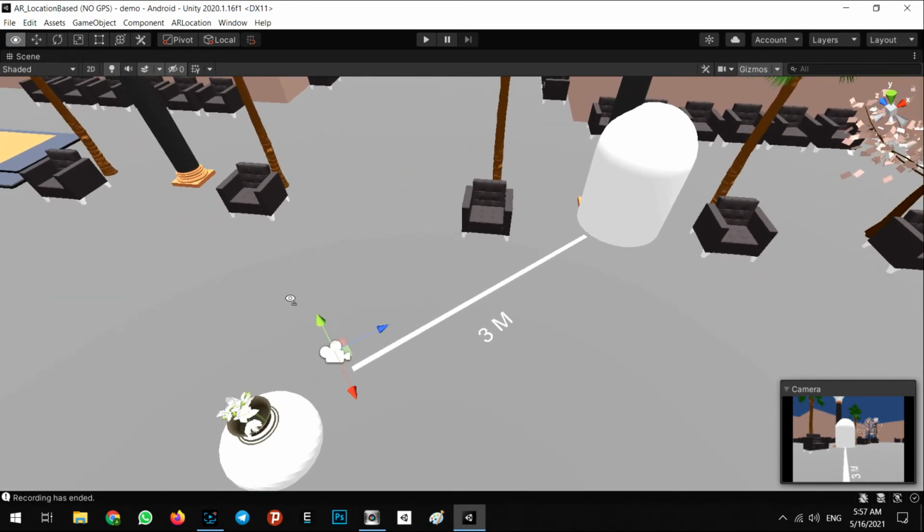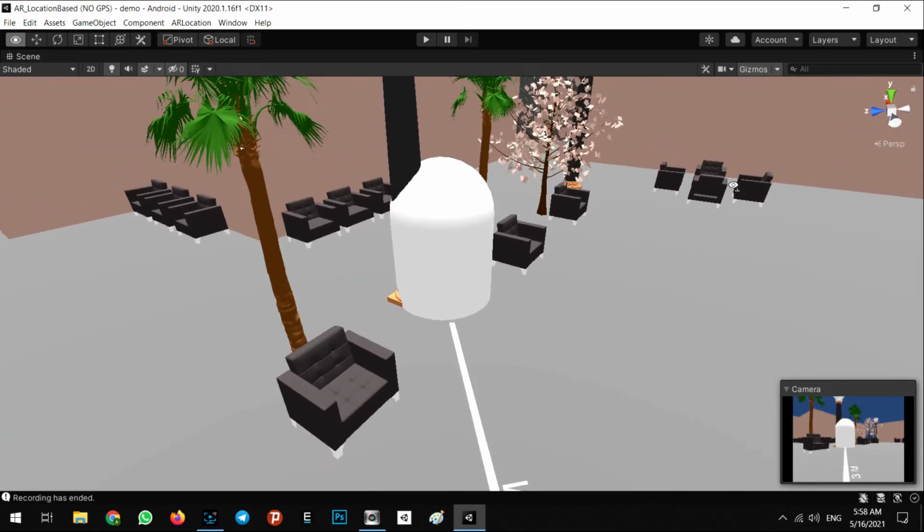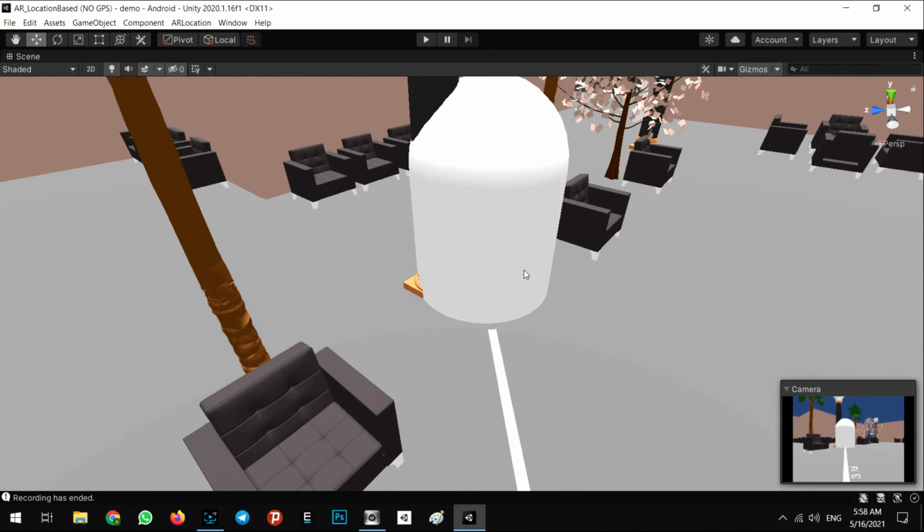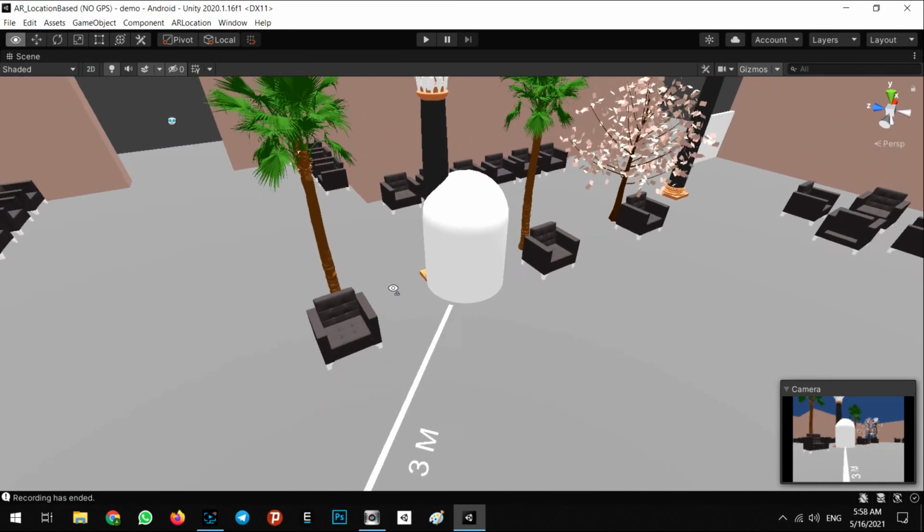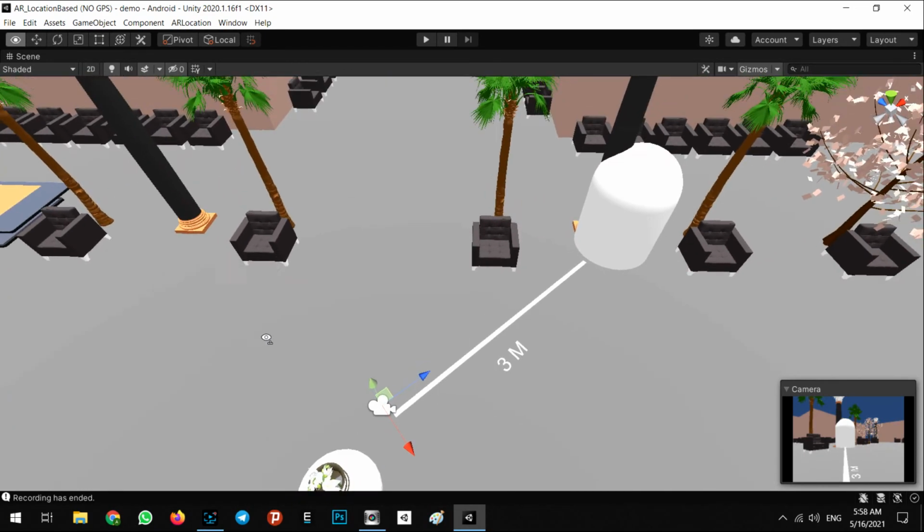If I start my application exactly in this position and in this direction, I will see this capsule in this position without any error in positioning and direction. Okay,